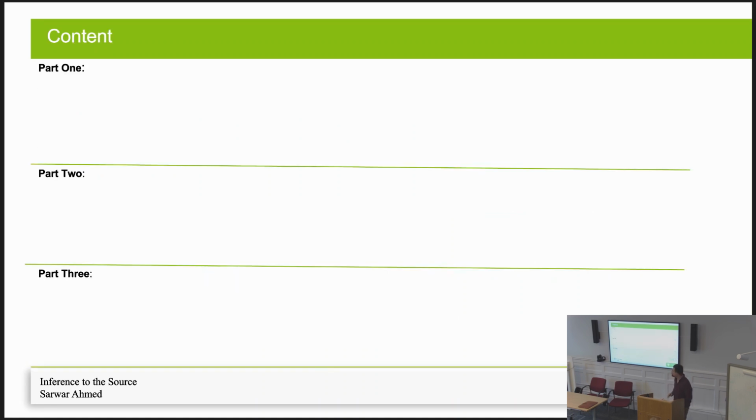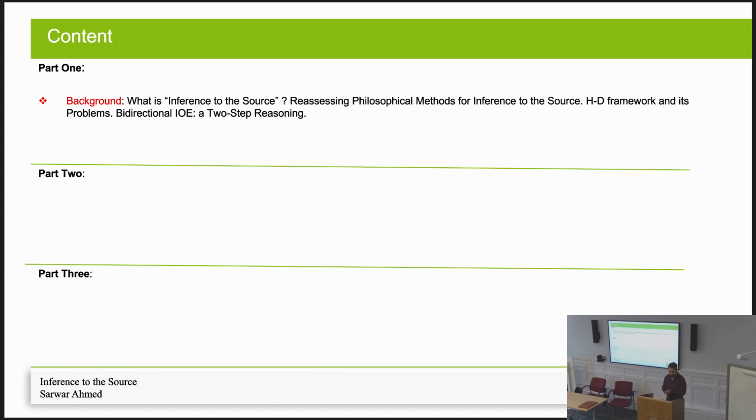So the talk is divided into three parts. In part one, I will give you a background about what I mean by inference to the source. And I also reassess the methodologies that are provided for inference to the source. Especially, I'll talk about the HD method, eliminative reasoning, and inference to the best explanation.